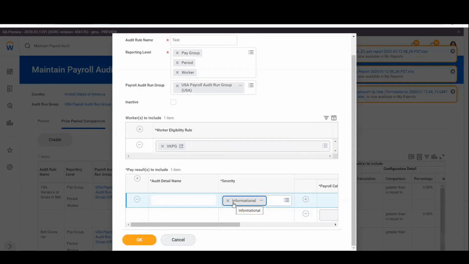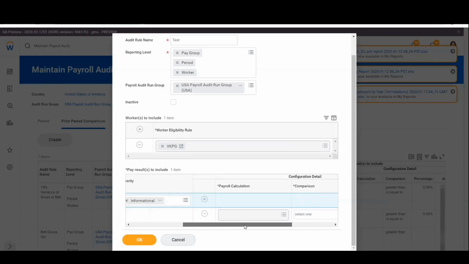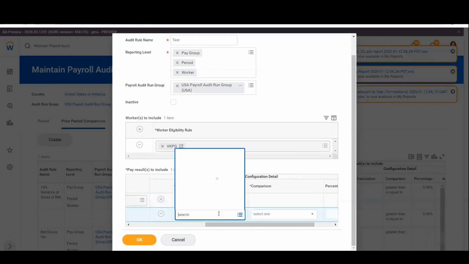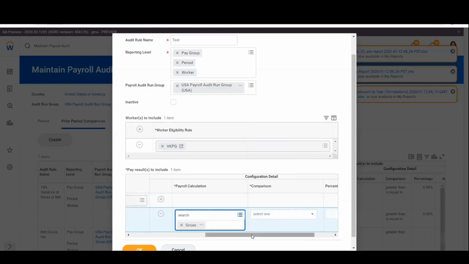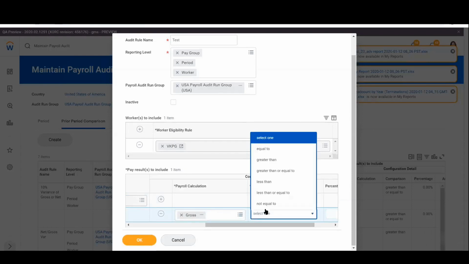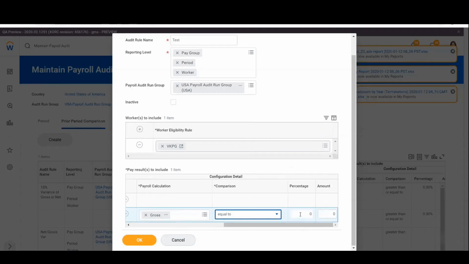Let's say somebody has got a 100% hike in the gross pay. That's critical information, so then you will mark the severity as critical. Audit name you can put test. Then you can put the payroll calculation gross. You can just put equal to, amount or percentage, whatever you want to put. Maybe gross equal to,